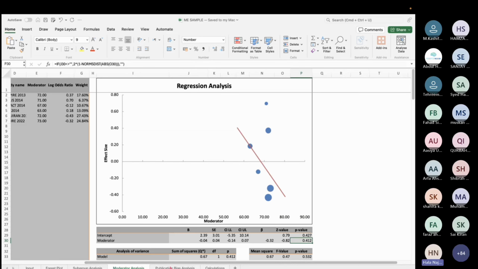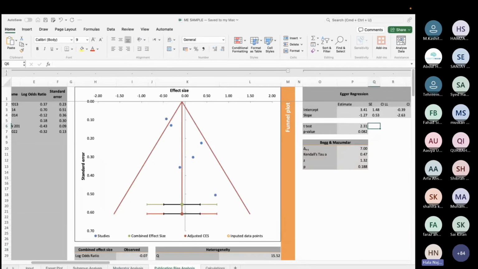I think I've answered your questions multiple times. So I just want to show you the fifth tab called publication bias analysis. Okay, what Hanan was telling you was that there's an imaginary triangle which is drawn, and you can see the small blue bubbles which are basically the studies. So when you have your studies spread evenly or symmetrically across this middle line, that's when you know that you don't have publication bias. Okay? If the studies are not symmetrical, that means that there is publication bias, and all it simply means is there are some unpublished studies.